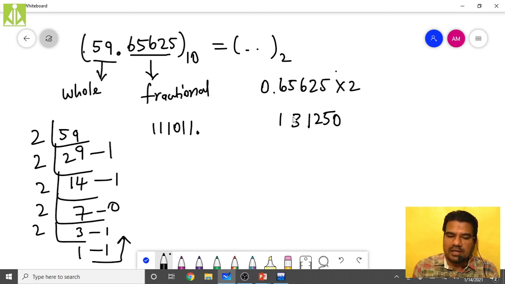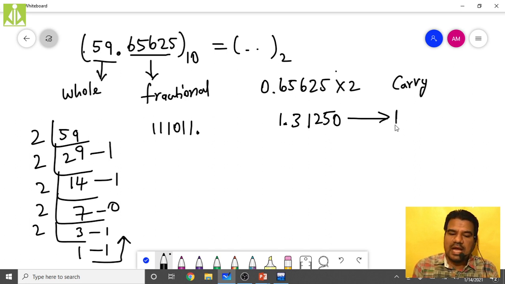Okay, 13. Now after how many digits do I have to put the decimal? After 5. So here, after 5, put the decimal. When you get a whole number part to the left of this fractional part, simply take it as the carry. We call it the carry. So how much is the carry over here? Carry is 1. Like this you write carry 1.